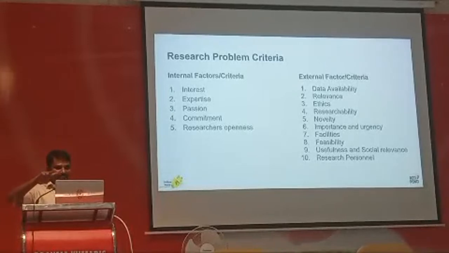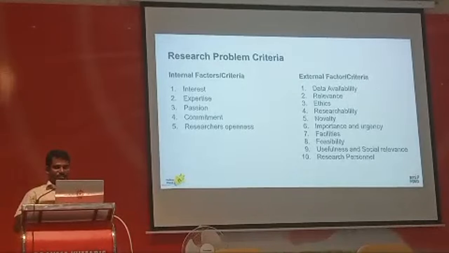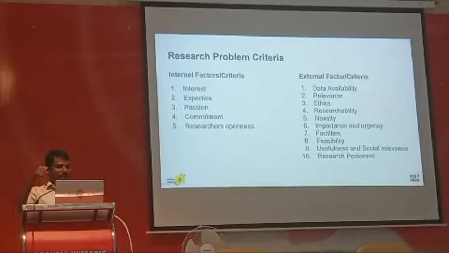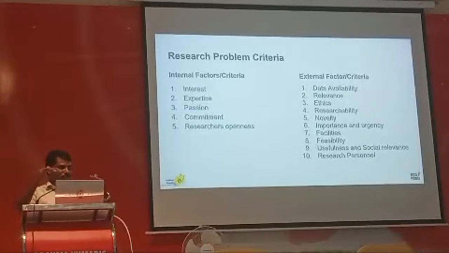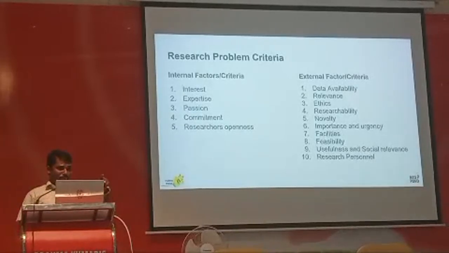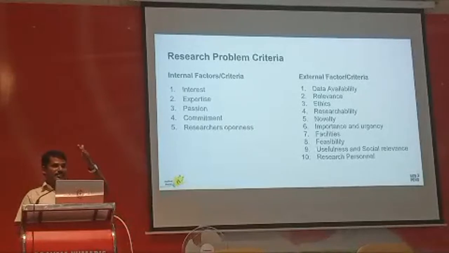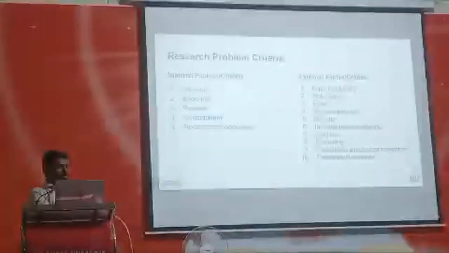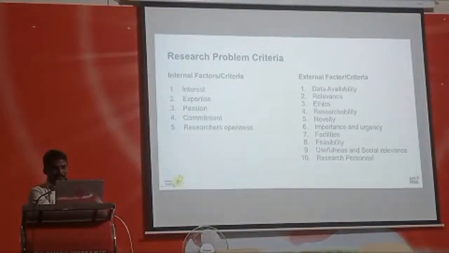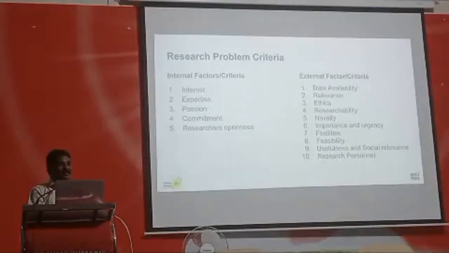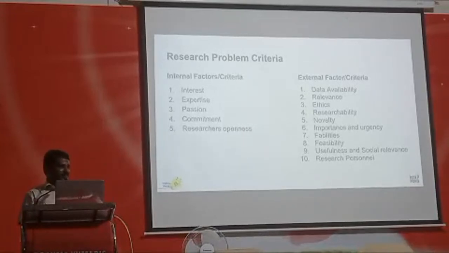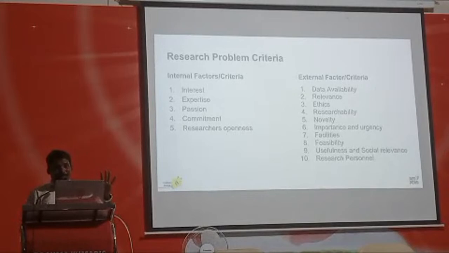One is state interest, another one is trait interest. State interest means the moment someone has done something that may be more attractive, you may try to select a topic from that. It may be of interest for that moment only. But trait interest is what your mother has observed throughout these years. When you are served food, a particular food item is served and you eat more. You like to eat more of that particular component. That's called trait interest. First thing, you have to understand your trait interest rather than state interest for the research problem selection. Very important thing.